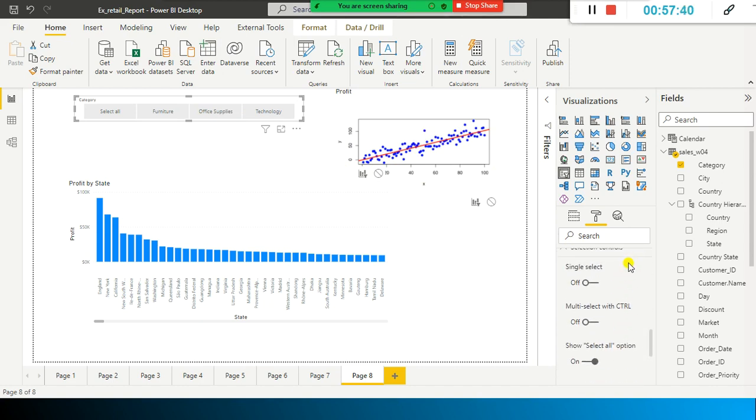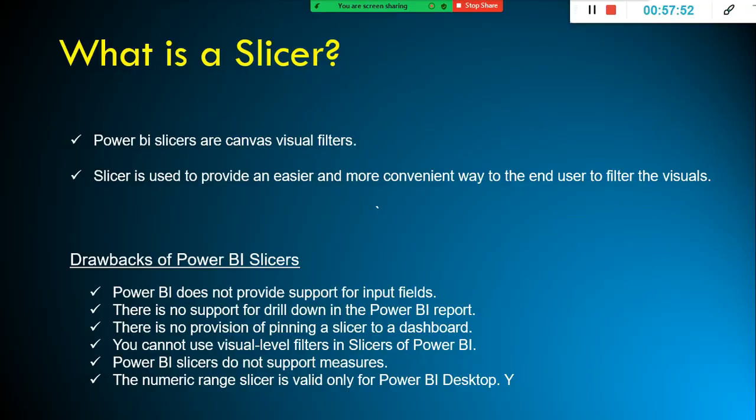We will see how to create a nice dashboard in tomorrow's session, because that takes longer time. At least 30 to 40 minutes are required. So now you understood what a slicer is. Slicer is user friendly. We are allowing the users to pick and choose what they want to be displayed on the filters. There are 4 types of filters we discussed already.